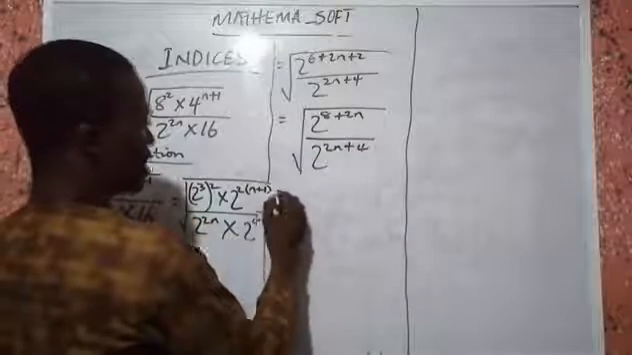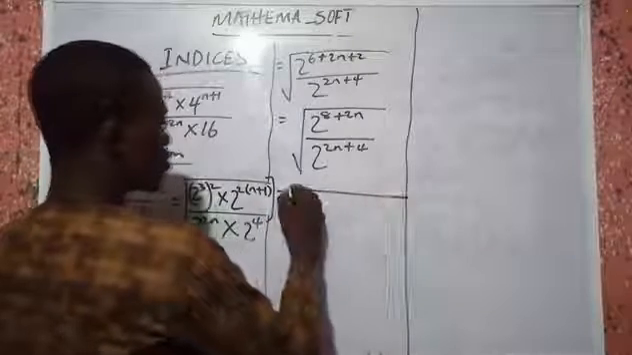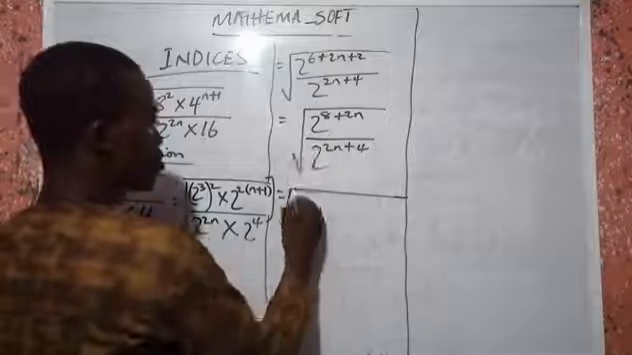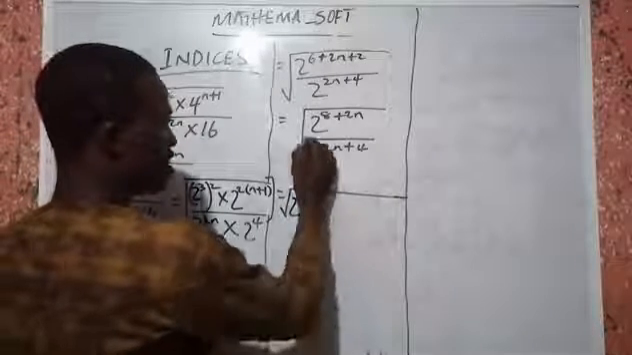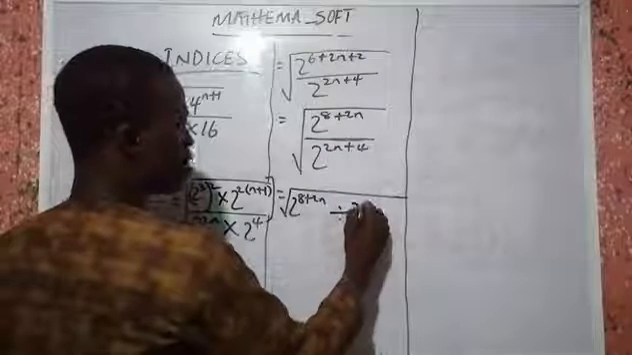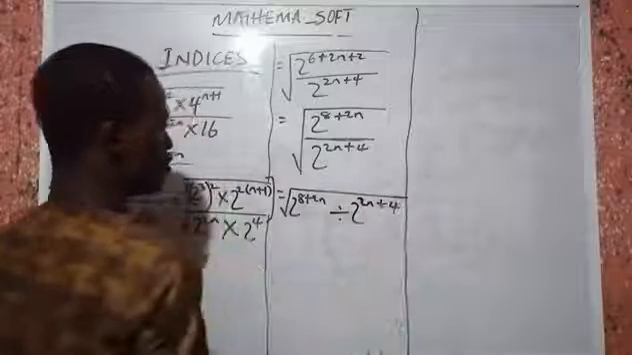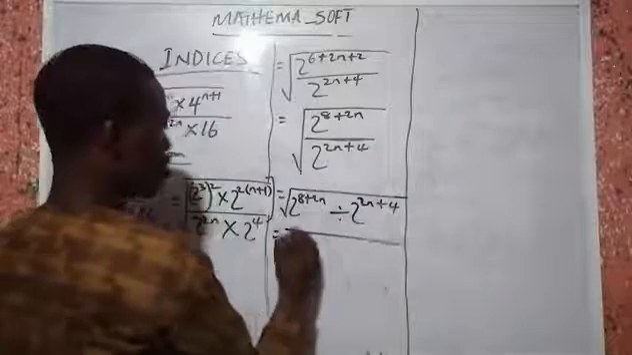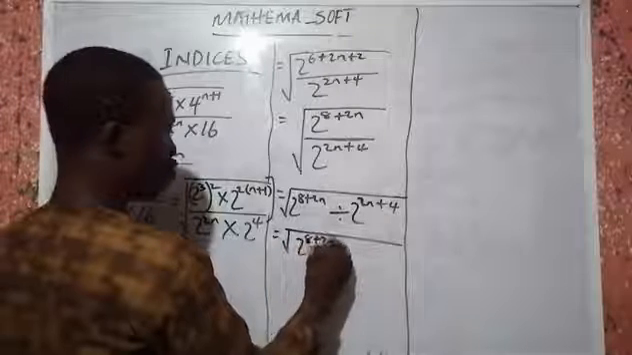So I can say that I have root 2 raised to power 8 plus 2n. This line here means division. That's divided by 2 raised to power 2n plus 4. So I can now say that, under the square root, I have 2 raised to power 8 plus 2n